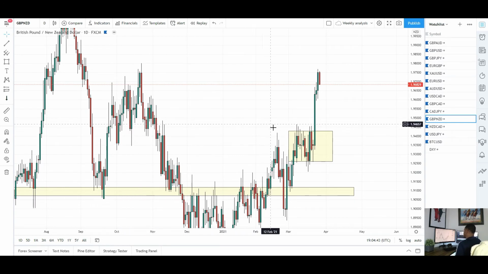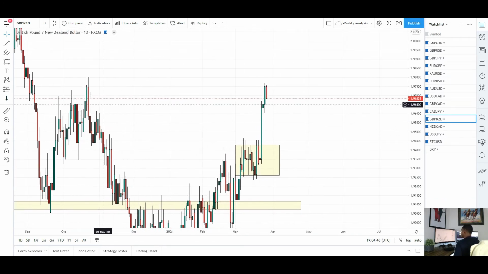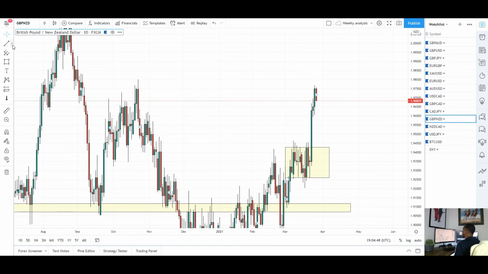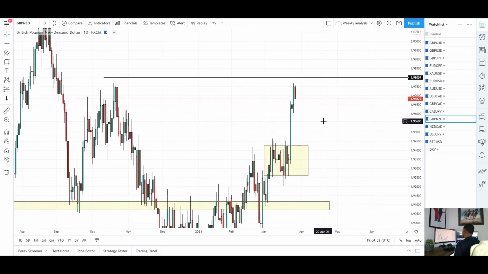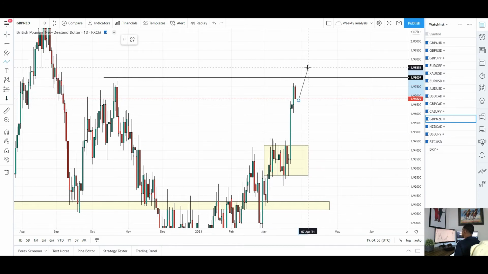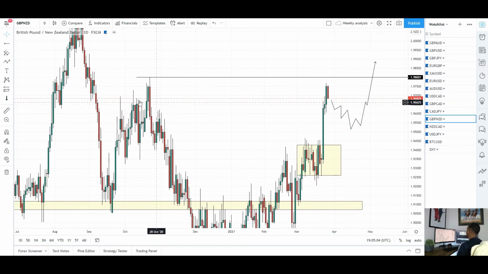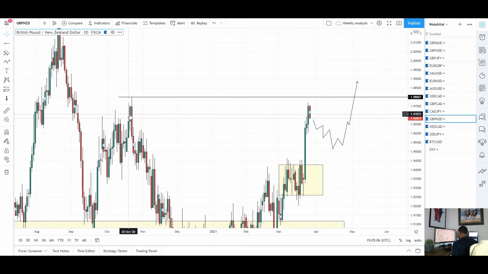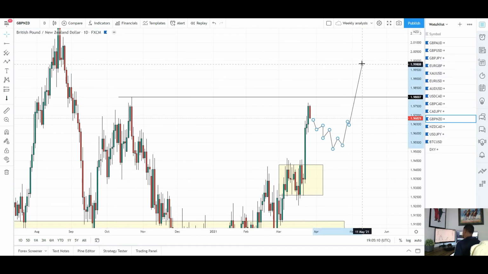So for now, for GBP, I do expect to see a bit of retrace, but I do think we could push a little bit further. Again, if I highlight that previous kind of swing high there in the market, I do think we can go and violate that. So again, get a nice push to the upside, maybe a few wicks or close above it. But I do think we might see a bit of retrace first, since we're so overextended, and then push to the upside again, giving us a new high, taking out that level. And then next stop, I do think it's going to be 1.99, which is this resistance here, or maybe even 2.0000